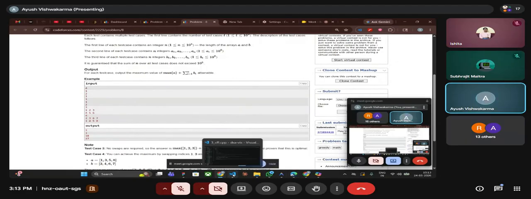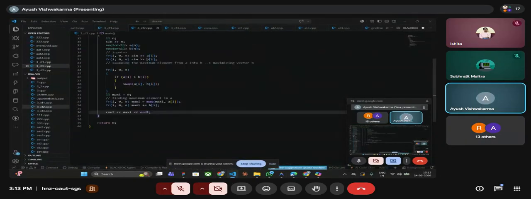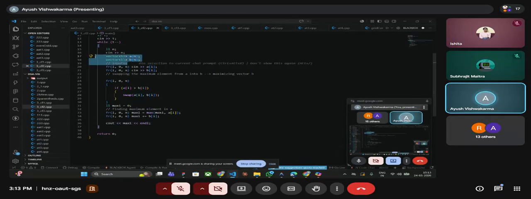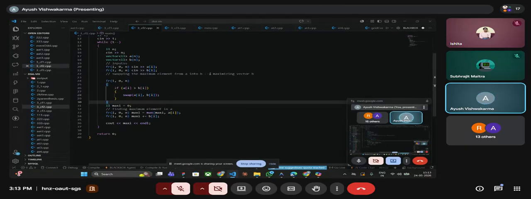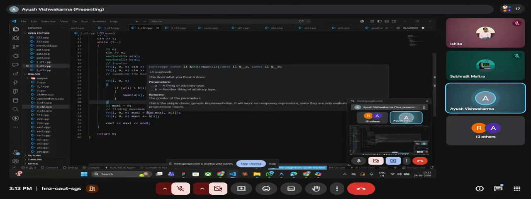So let's see the code of this question. Here you are taking the inputs. This is your A array and B array, and here you are swapping. If ai is greater than bi, then you are swapping the elements, and by this you are maximizing vector B. Then you have made a variable maxi, and whatever will be the maximum element of the A array, you will keep that element in the maxi.